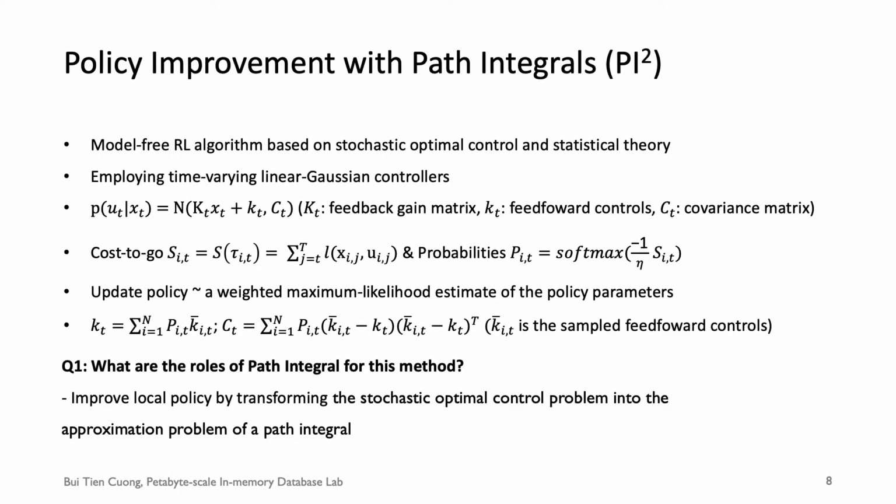The time-varying linear Gaussian controllers representing the local policy are given by P. Then we compute the cost-to-go S as the summation over the trajectory from time step t, and the probability P for each sample i and each time step t using a softmax distribution over this formulation of S with a temperature term eta. After computing the new probability P, the policy is updated according to a weighted maximum likelihood estimate of the policy parameters, which are the means and covariances of sample P forward control K bar of sample i at time step t